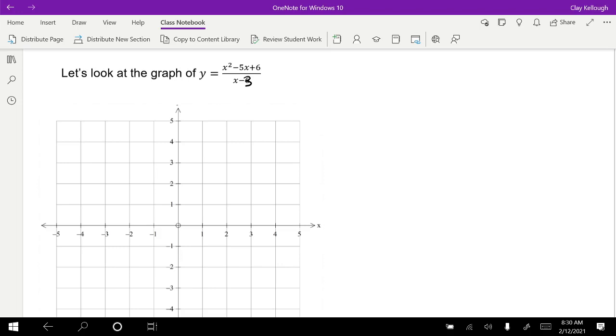If I had to divide those two things, what would be the first thing I'd do? And some of you are going, oh, let's use our fancy new long division that you taught us the other day. No, this one we have a simpler tool in our toolbox. In fact, it's the tool you should almost always try as one of the first things you look at. What can you do here? Yeah, you can factor the numerator. If you factor the numerator, you get x minus 3, x minus 2,